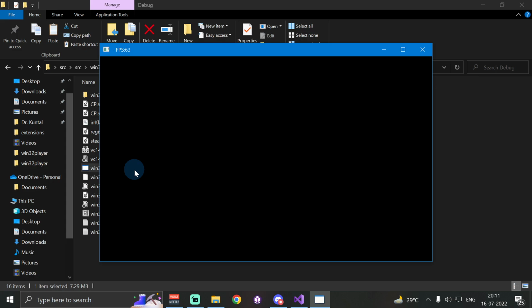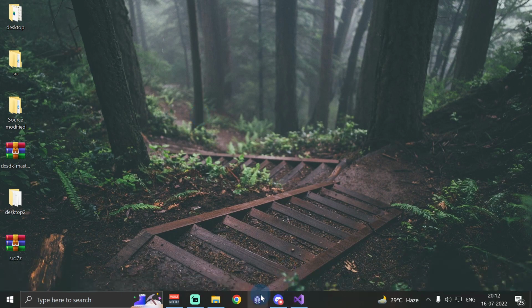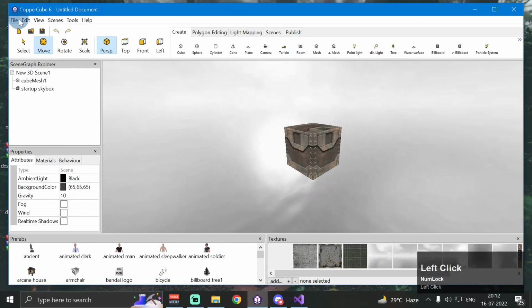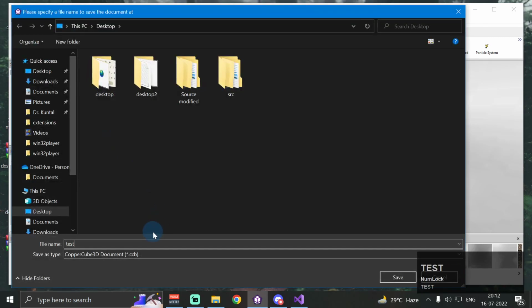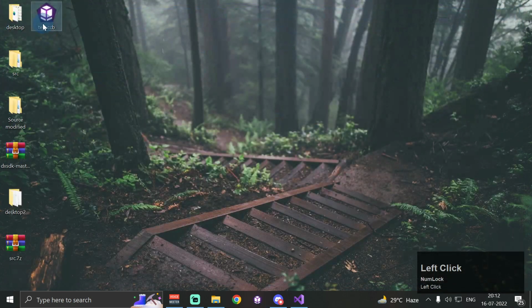But as you can see, we have a black screen with no project file or no object in our game or in our player. So what we have to do is simply close this, and all you have to do is create a CopperCube project. So I'm going to create a CopperCube project by simply saving it as test.ccb. You have to use test.ccb, and as you can see, I have already saved it on my desktop as test.ccb,